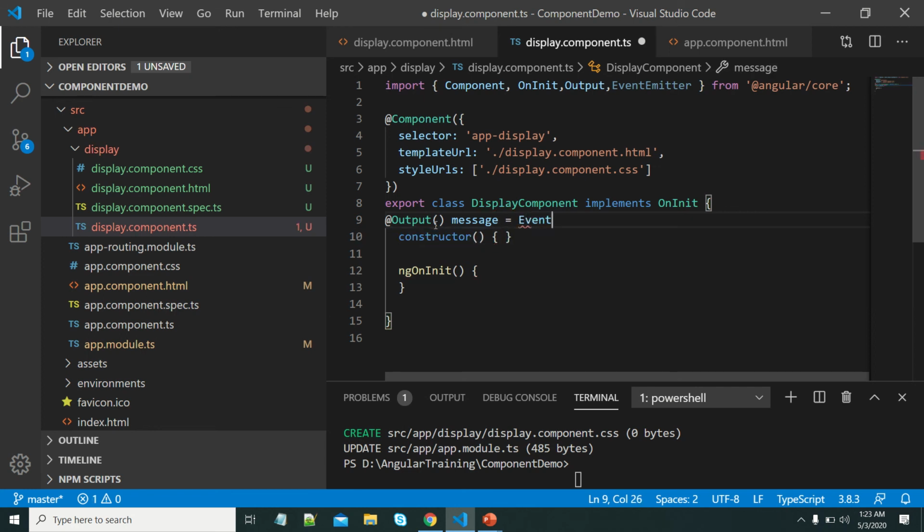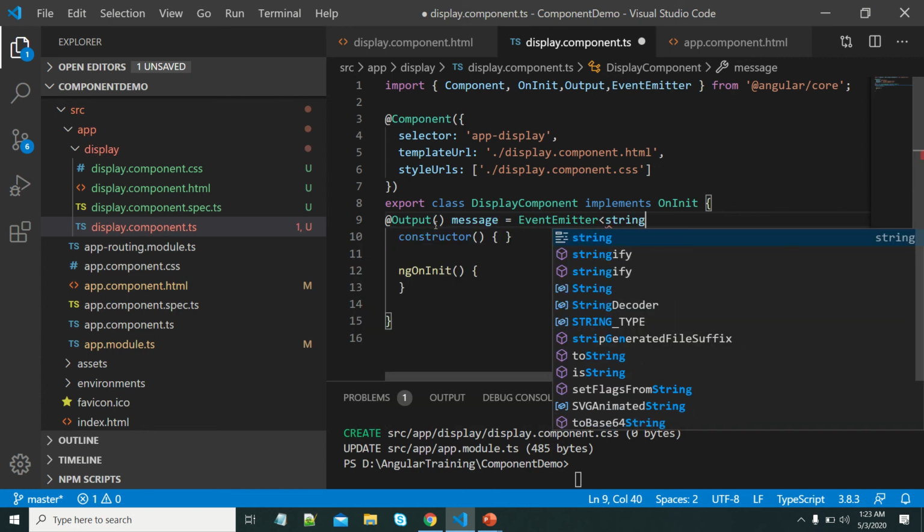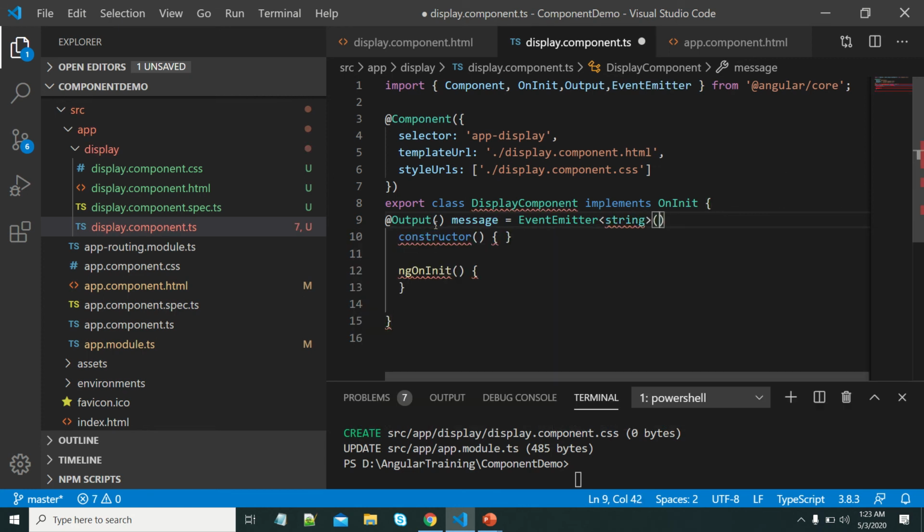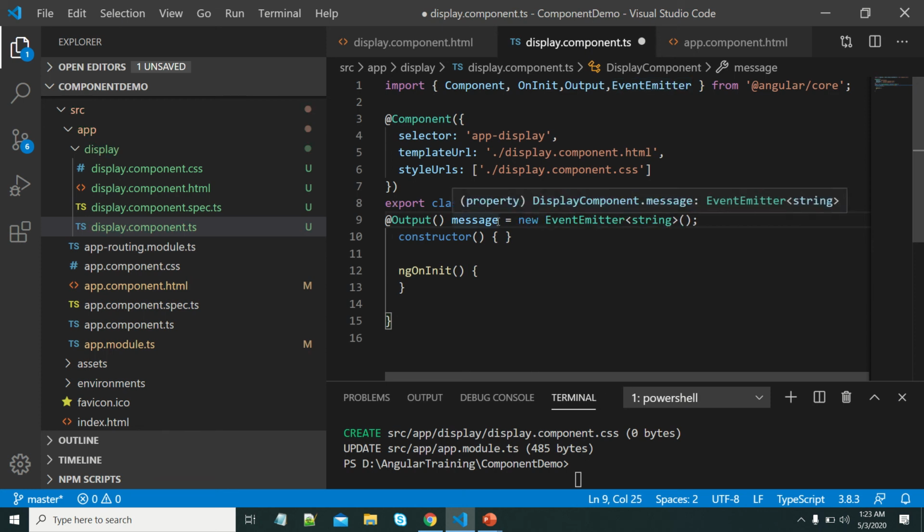Let me use the type string. This is the way we should create the output property. This output property type is EventEmitter of string, so it emits the string type.